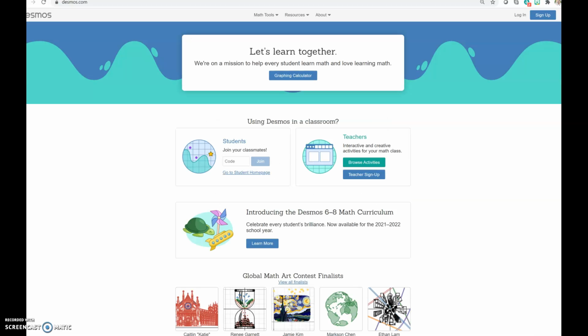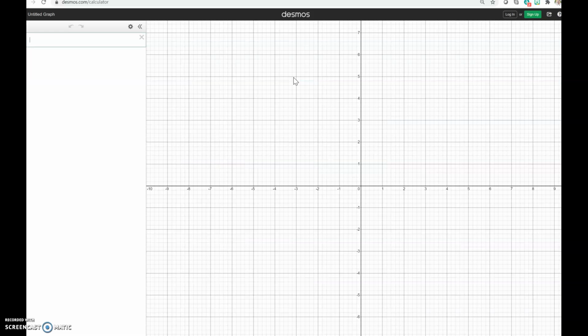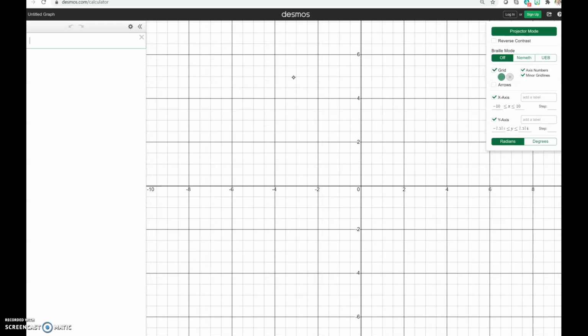When you go to Desmos.com, at the very top there's a blue button that says Graphing Calculator. You click that. On the left side is where you enter your equations. On the right side is the graph. All right, so in here, I'm going to type in y equals, it's best if you start with y equals or f of x equals,